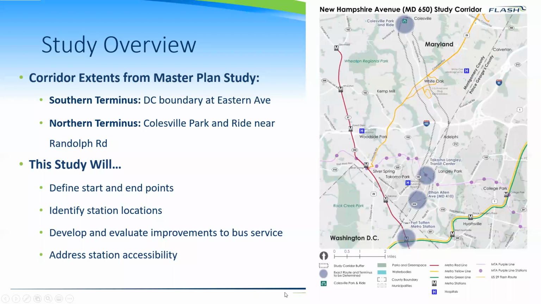We were trying to make efforts thinking through where it might make sense, right? There's a ton of transit at the Takoma Langley Transit Center. It could make sense to bring people down and transfer there. There's a node at Ethan Allen Avenue. It could make sense there, but there's obviously a lot of folks trying to get down to Fort Totten to get on those three Metro lines. We're cognizant that that makes an awful lot of sense, and is where the current K6 and K9 are taking people today.